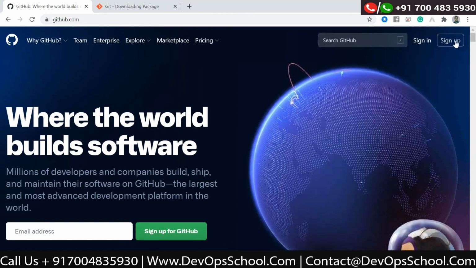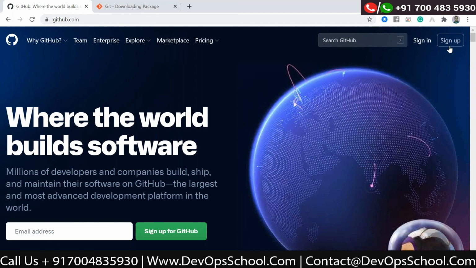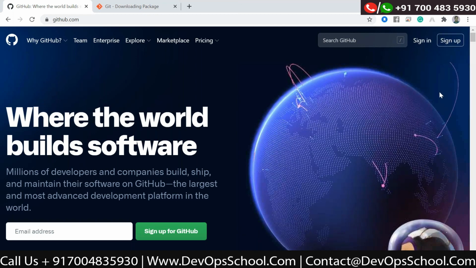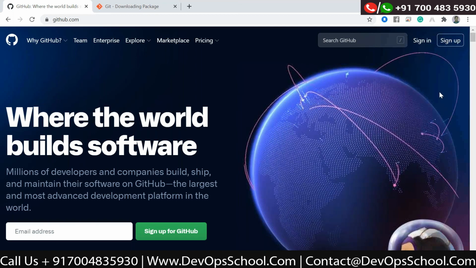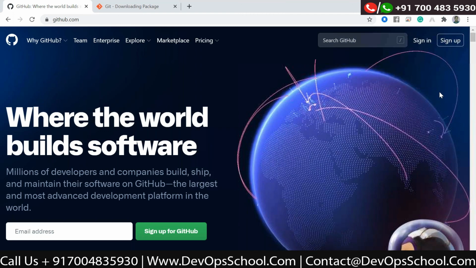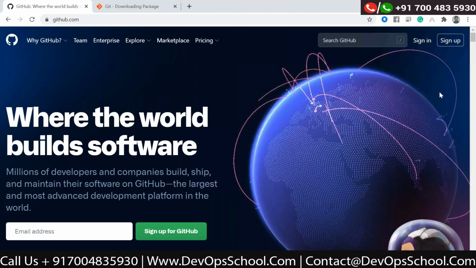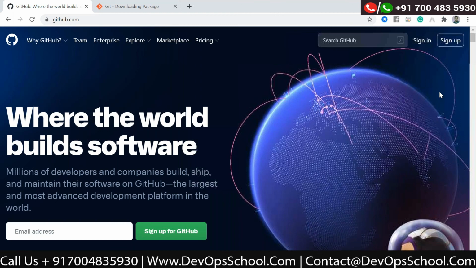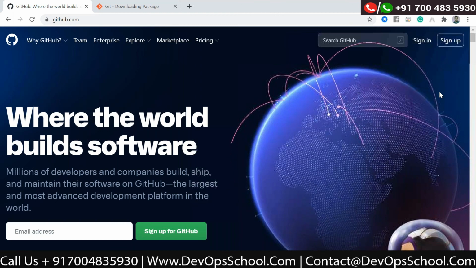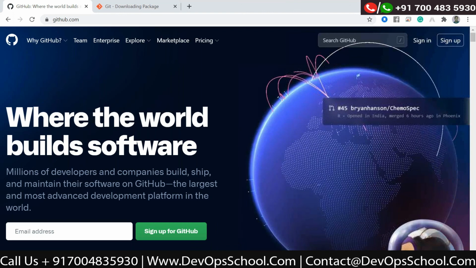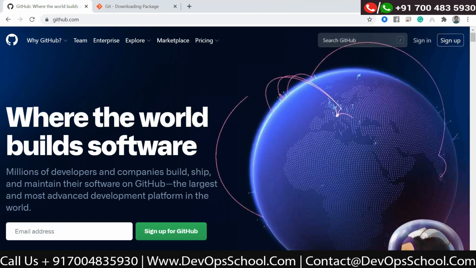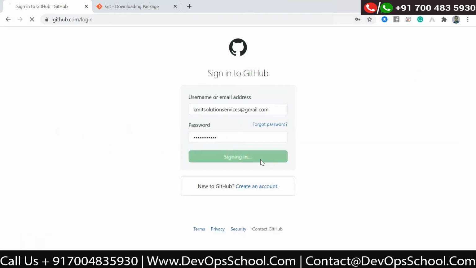You need to click on sign up, and it's a very simple form. You just need to enter your email ID and the password, and a verification email goes to your email account. Just verify that email. Okay, once you have, then you can sign in.